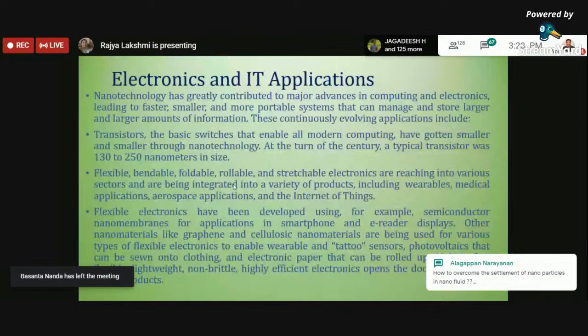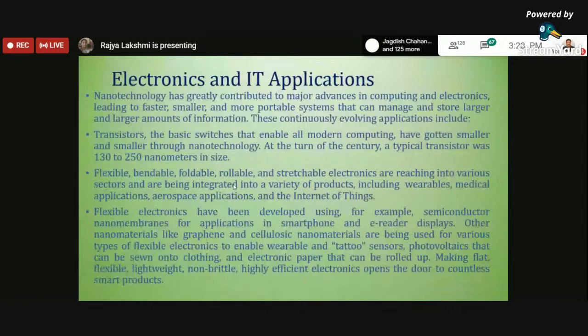When you are trying to handle something, how convenient are the shape and size of the product? When you are trying to store something, how convenient is it to store the particular product? During usage, how comfortable is it for the customer or the operator with respect to shape and size? Of course, functioning is important. So these nanoscaled structures help not only in improving the functional properties of the products, but also in providing flexibility in carrying, storage, and other applications.